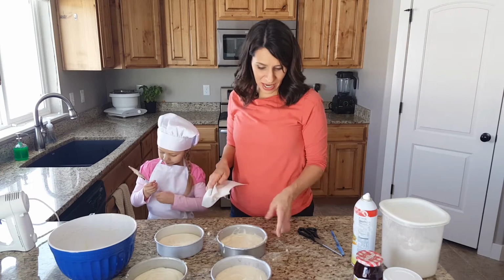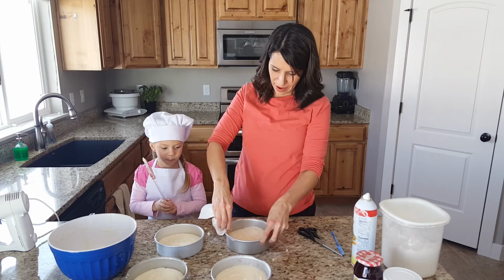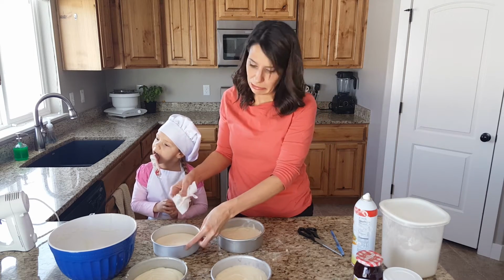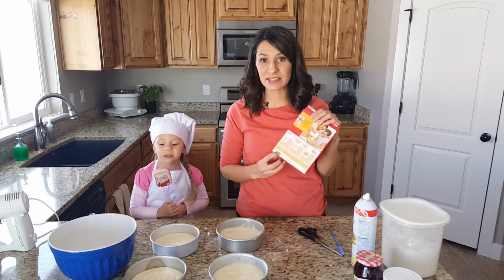Okay, our pans are done. We got a little bit on the side, so you want to make sure to wipe that off if you can, because those will cook a little bit faster and it might burn, and we don't like burnt food. Okay, so remember we saved the box for a reason because it tells us how long we need to